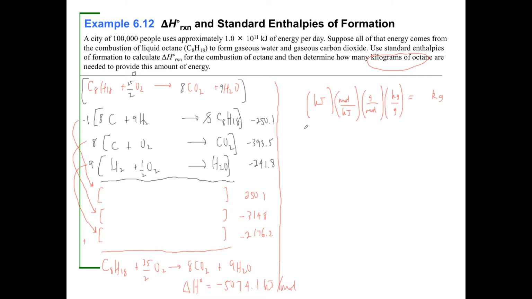So it's 1 times 10 to the 11th kilojoules times minus 5074.1 kilojoules per mole, right? So that's on the bottom. Can you see that? And the grams per mole, oops, didn't do that. 8 times 12.01 plus 18 times 1.008 is equal to